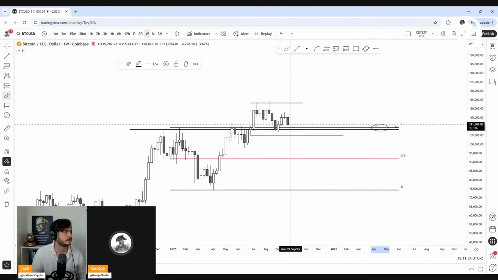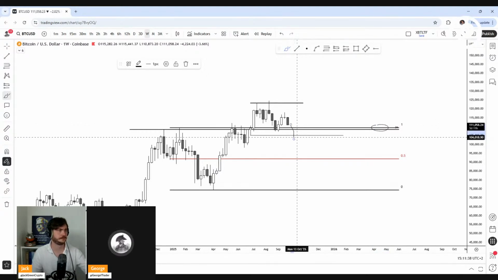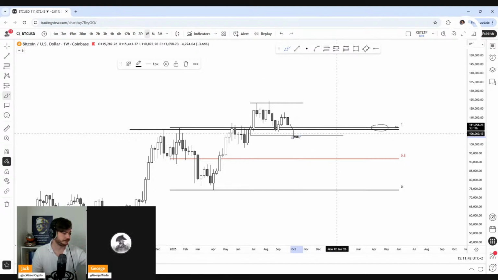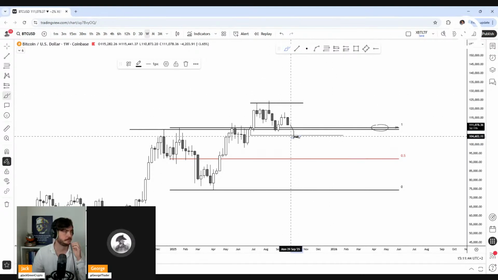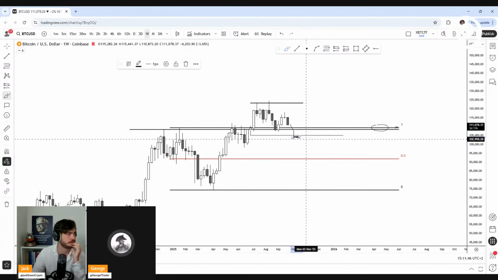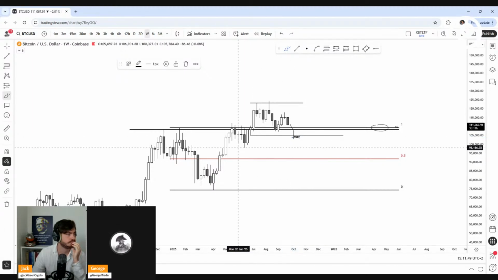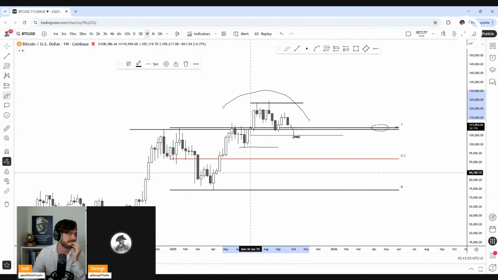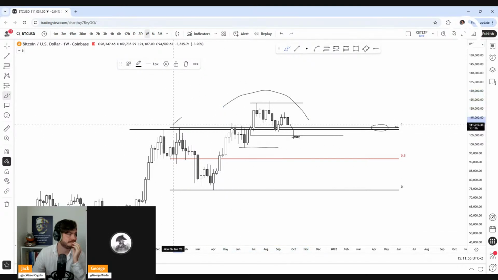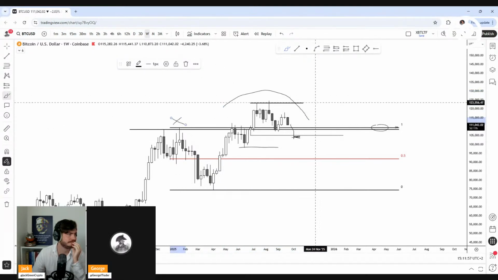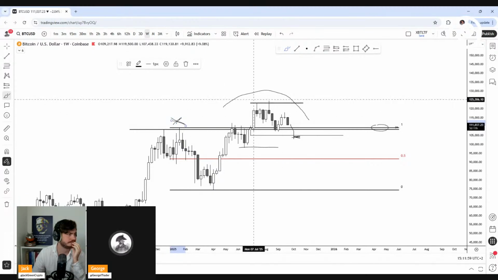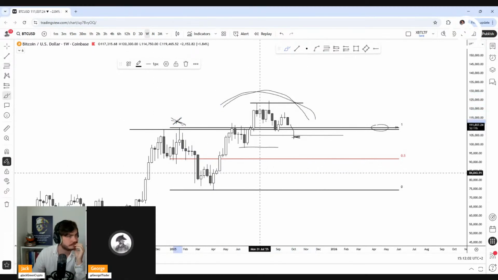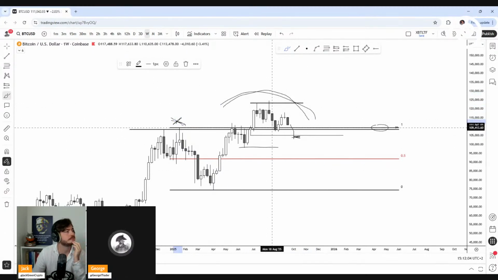I think we can all agree that if the weekly now dumps below here and we get a monthly close below here, which will likely also give us some more daily closes and stuff below here, then the draw on liquidity becomes way more there, and this can simply be seen as a sweep above this, or a liquidity grab above this, or a deviation above this, whatever you want to call it. But you get the point.